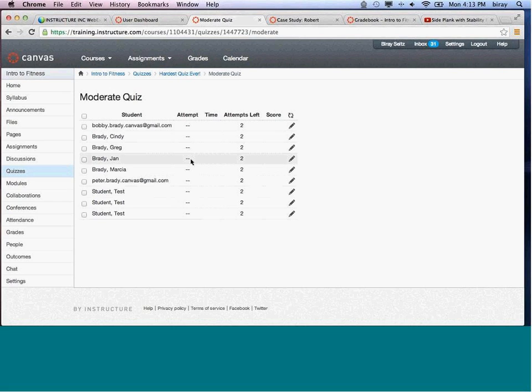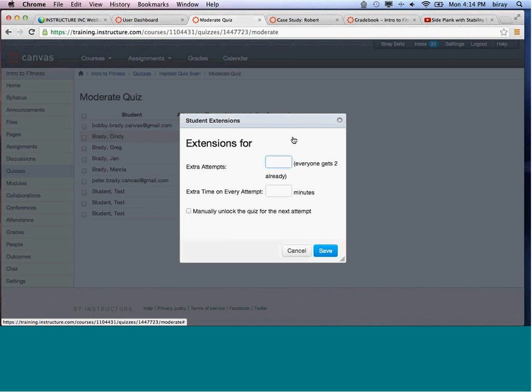For example, a student comes in and says she had a family emergency, so you have to extend the deadline for that student to take the quiz. Or a student with special needs or a disability needs double time to take the quiz. So you can do certain overrides and extensions. Simply go into that moderate quiz and click on the student that you want to extend additional overrides to. Click the pencil button there, and then you can see that everyone gets 2 attempts already, but